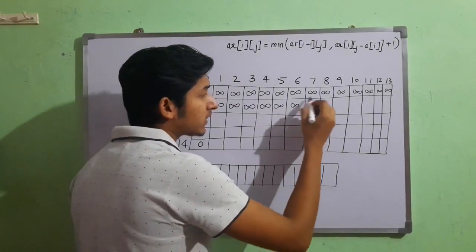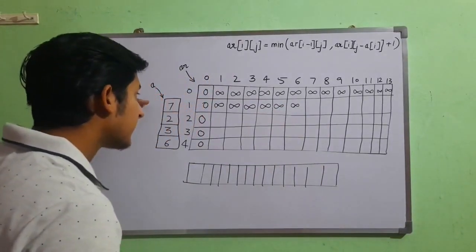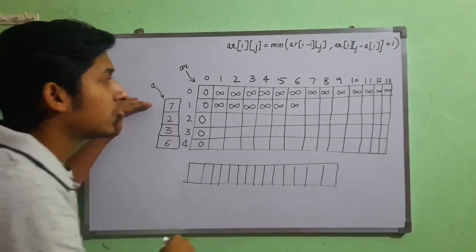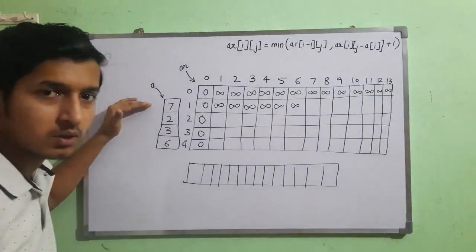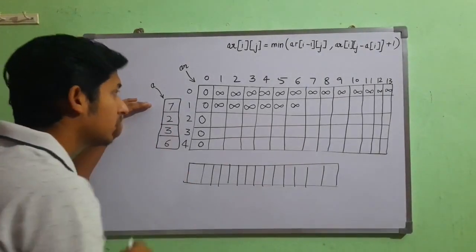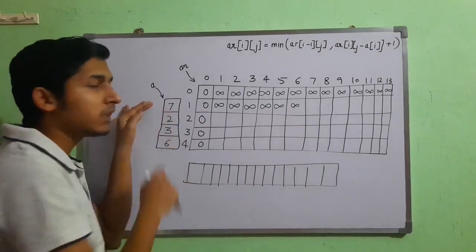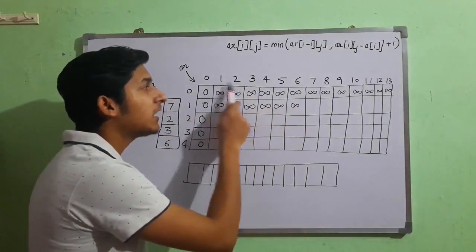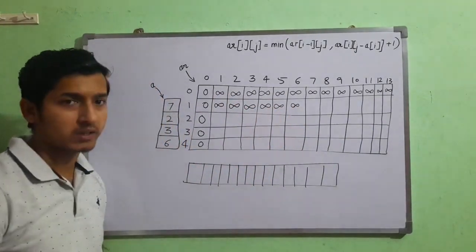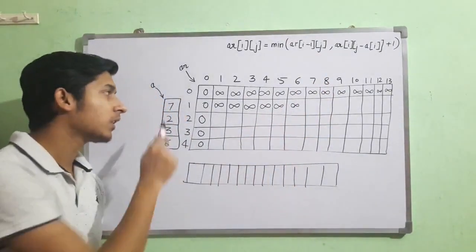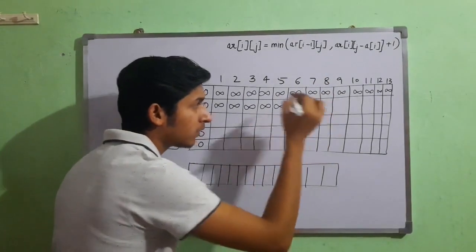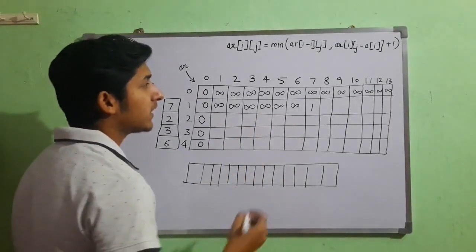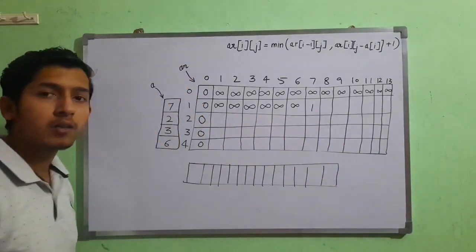When I am to calculate the sum 7, either I would be considering this coin or I would not be considering this coin. So if I don't consider this coin, then I'll copy the above value. Or if I consider this coin, then I will take this coin that will give me a value of 7. Now we understand these values can't be calculated using a 7 value coin. But for total 7, I can use one coin with value 7. So this will be our answer. We understand this will be our answer, but how?